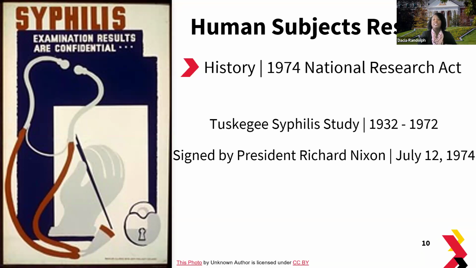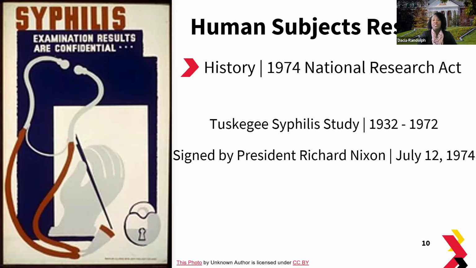Over this 40-year examination period, the U.S. Public Health Service and the Centers for Disease Control and Prevention did not obtain those men's informed consent. The men were merely told they were being treated for what was then called bad blood, a local term used to describe such ailments as anemia, fatigue, and syphilis. It was later believed that those 600 men were being injected with syphilis, but that was dispelled. Some of them just did have syphilis prior to the study.